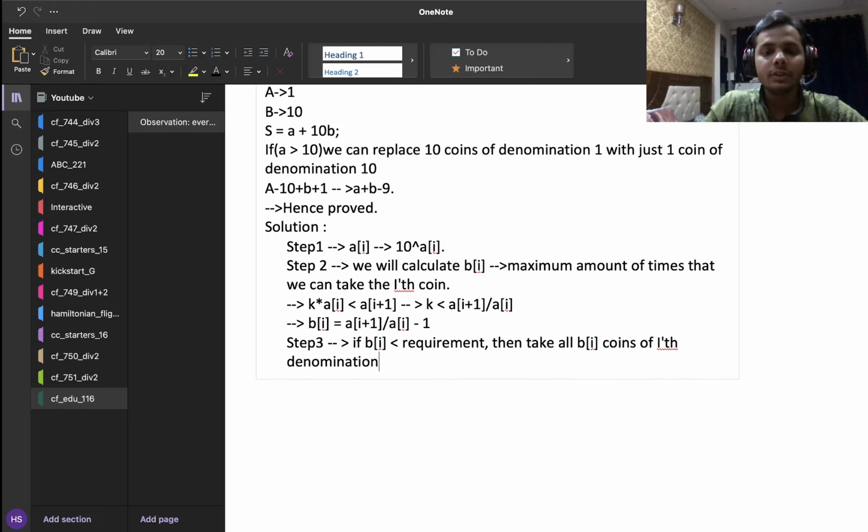And otherwise what you do is you already have some coins and you have a requirement, but your requirement is less than b of I. That means if you take all the b of I coins of the I denomination, you will exceed your requirement.